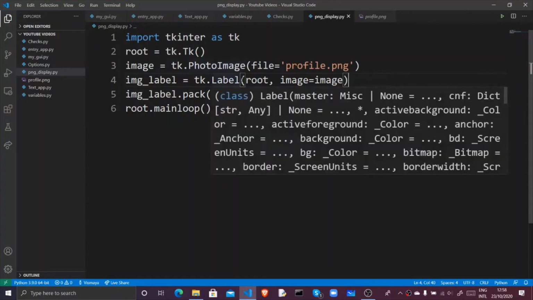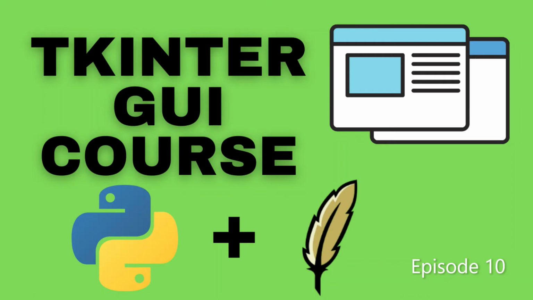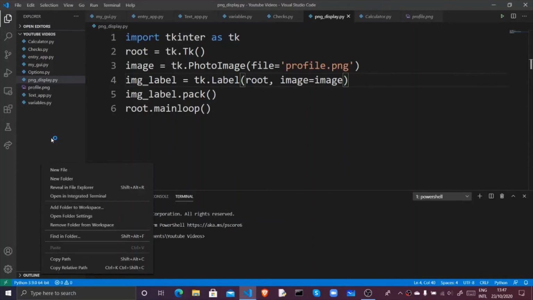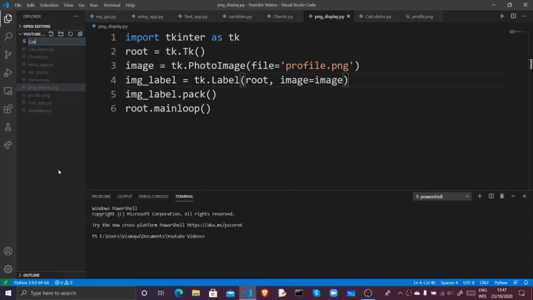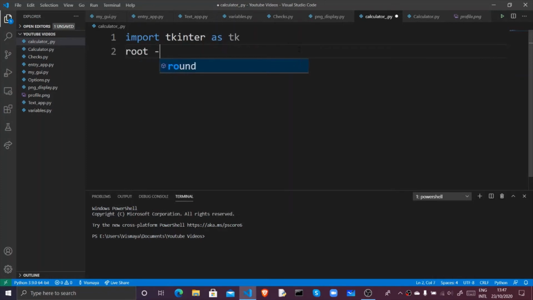In the next tutorial we'll be making a calculator, a GUI calculator with Tkinter. Okay, let's create a calculator with simple Tkinter. So let's create a new file, call it calculator.py, and import tkinter as tk, root is equal to